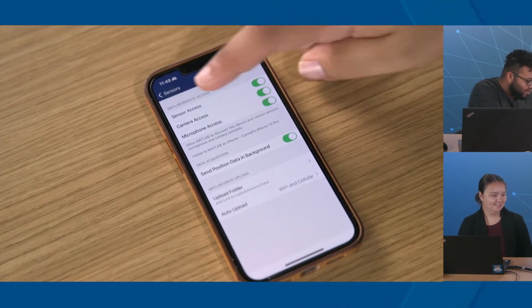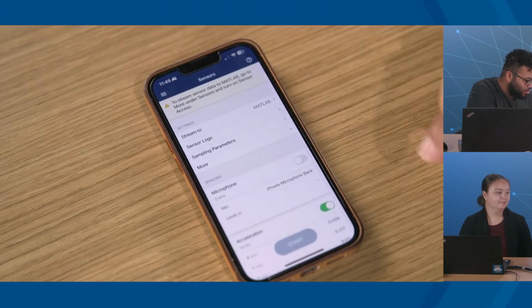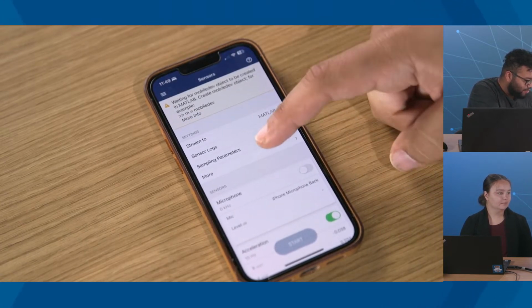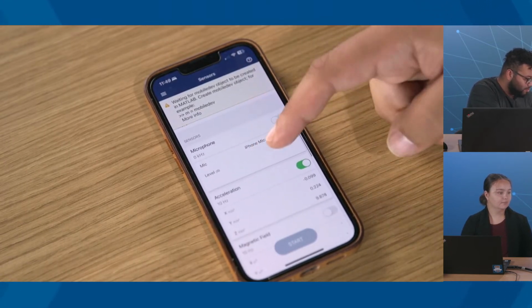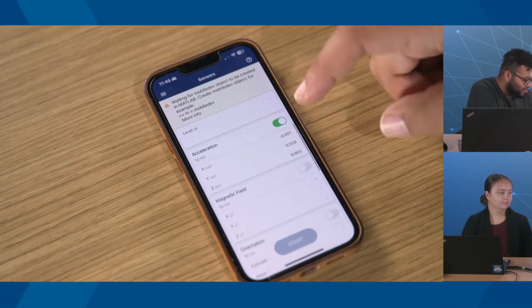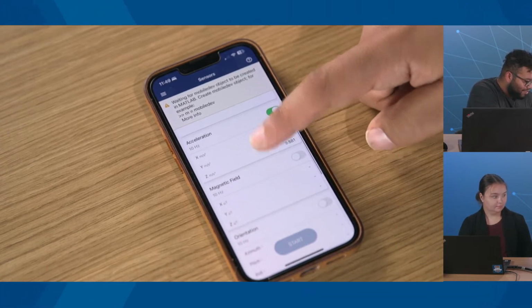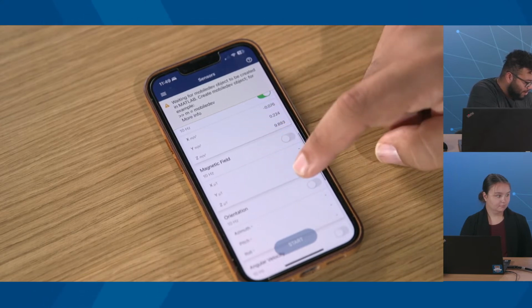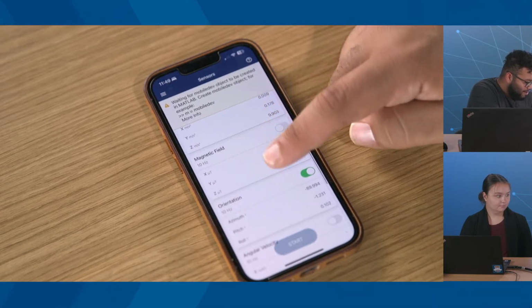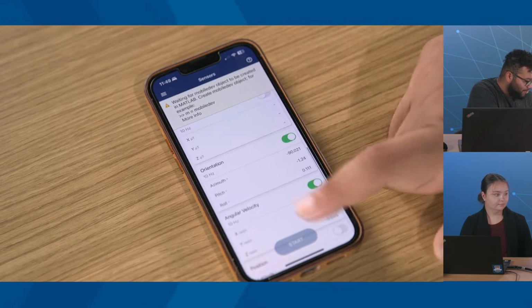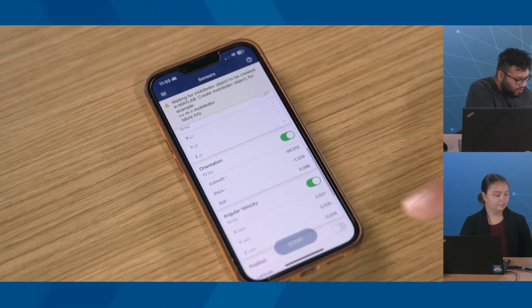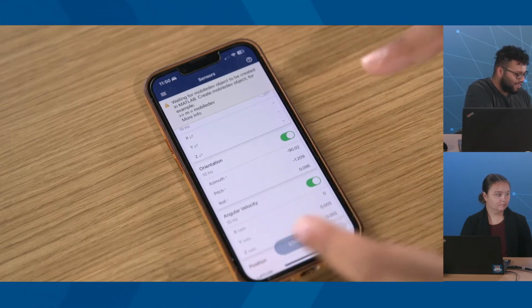But anyway, now that I've given it access, I'm going to go back to my sensors page, and then pick a bunch of sensors to stream. So I'm going to stream my accelerometer, the gyro, and maybe angular velocity, right? And so now that I've set up